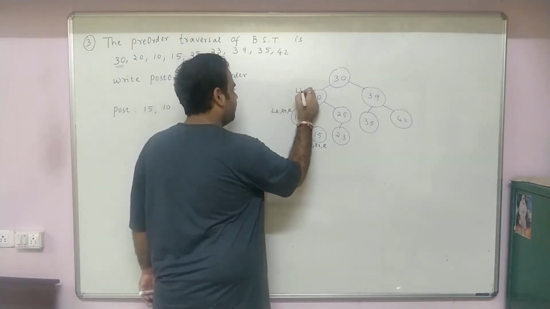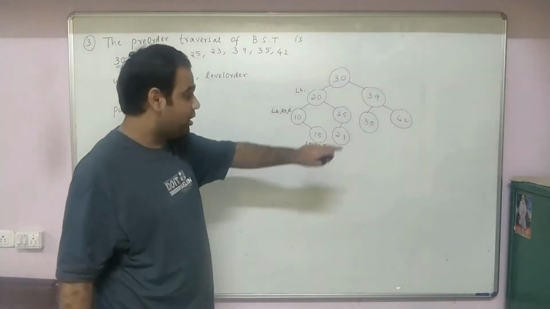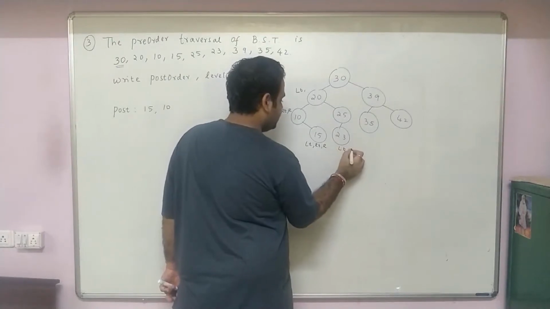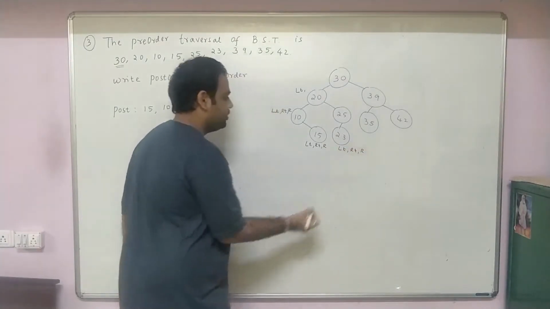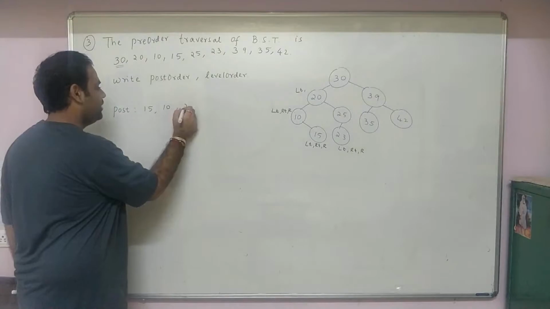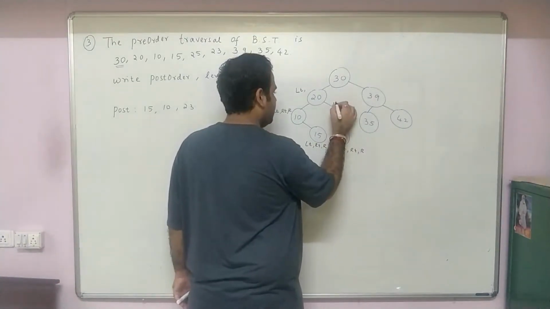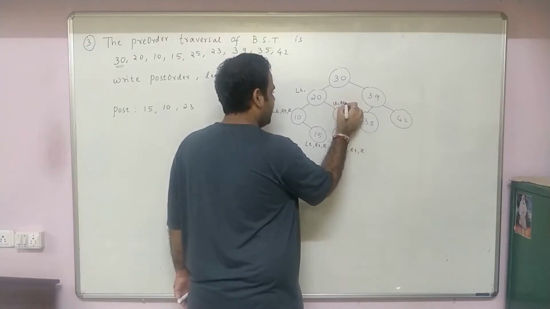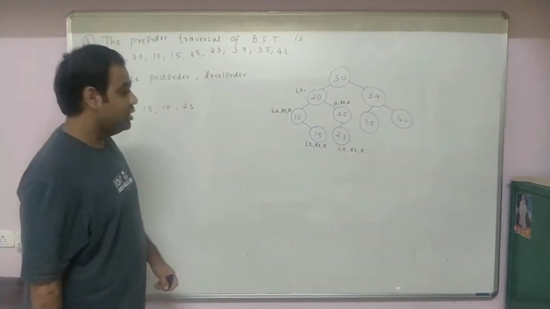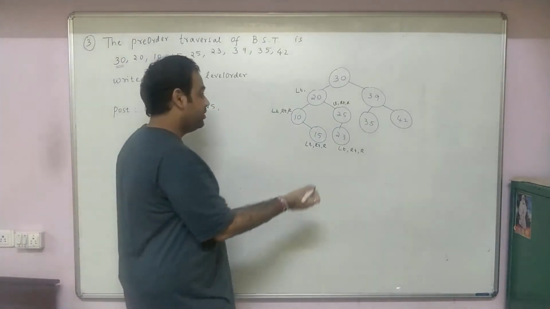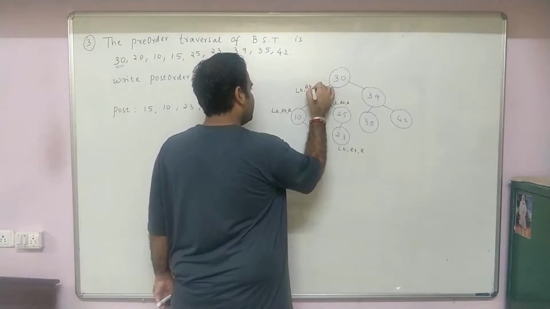Go back to the parent from LHS. You go from LHS, now you have to process on the RHS. Now again you go on the LHS. LHS is done, RHS is done, process the root. And what is the value that you get? You get 23. All the three things are done. Go back to the parent from LHS. Now LHS is done, no RHS, RHS is done. Now process the root, and what is the value of the root that you get? You get 25. Now all three things are done. Go back to the parent from the RHS, left done, right done.